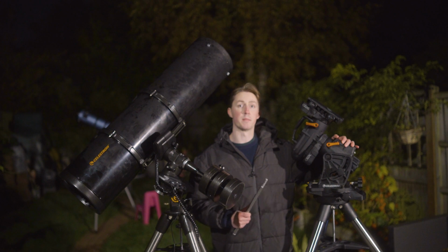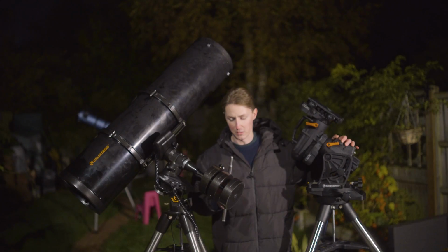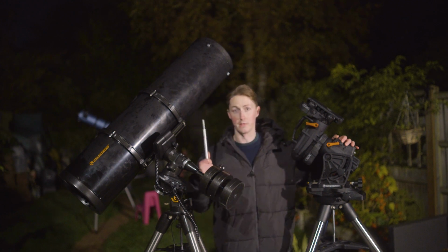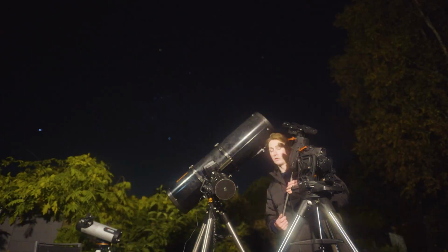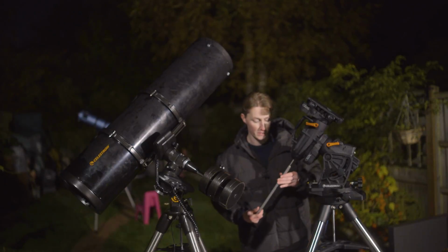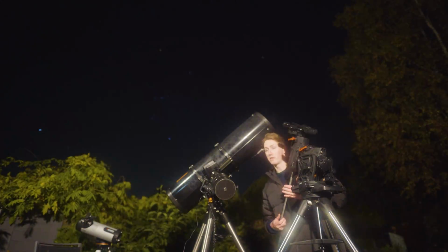So yeah, now we have a side-by-side comparison between the CG5 and the CGX. As you can tell here, there are 3 separate counterweights mounted onto the counterweight bar here for the C10. When I had the C10 on the CGX earlier, all I needed was 2, and that is in part due to the fact that the counterweight bar for this is a lot longer, and therefore, law of moments, the force